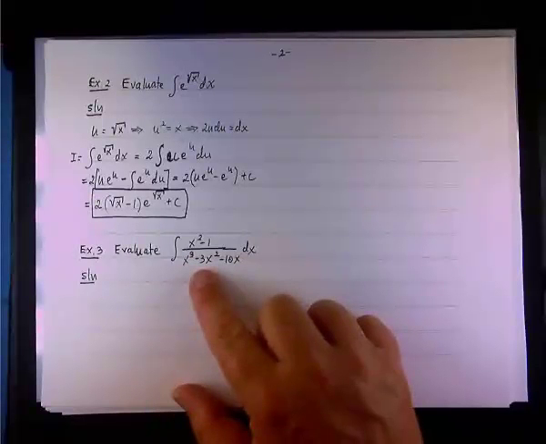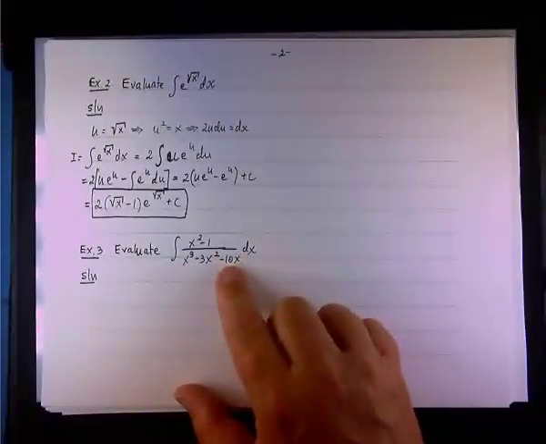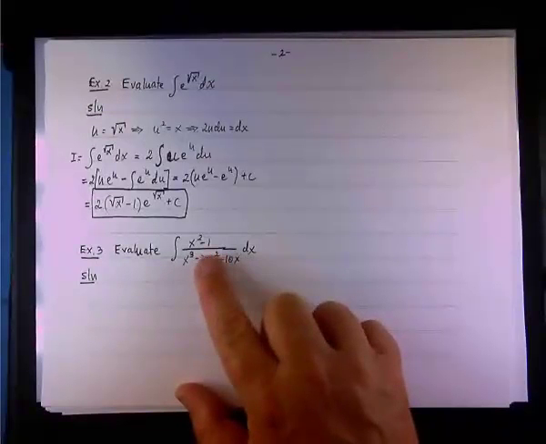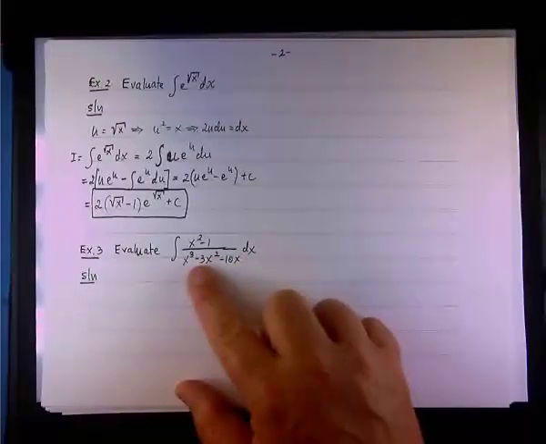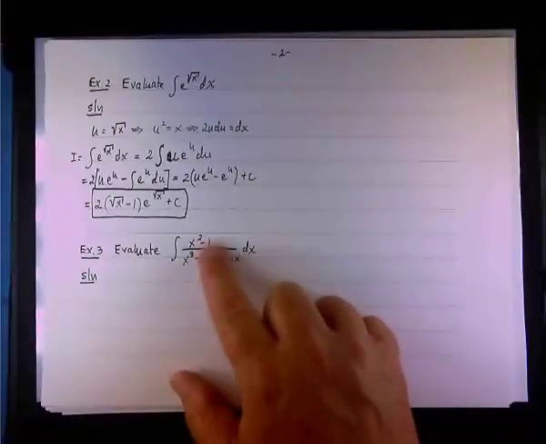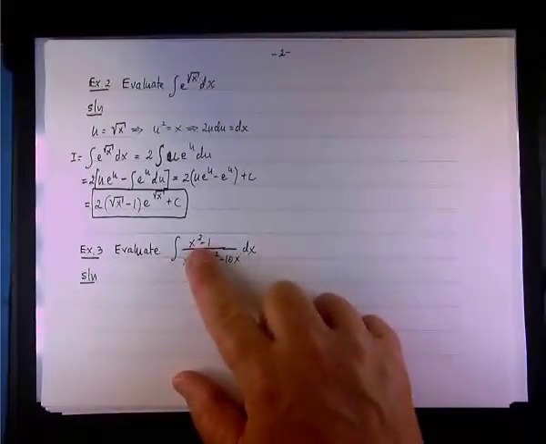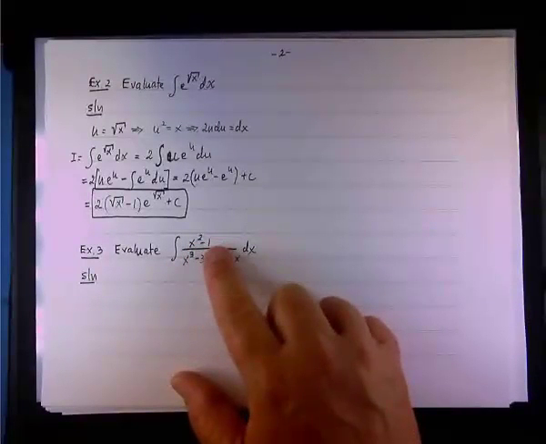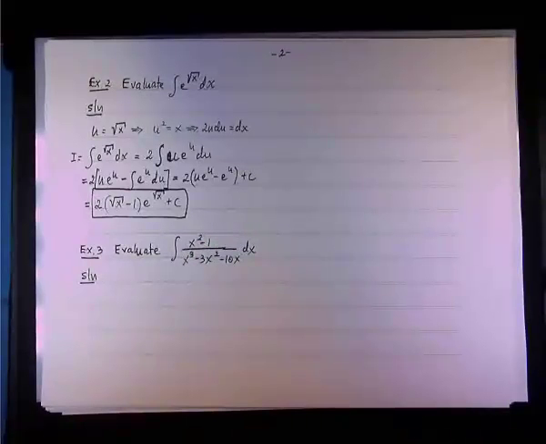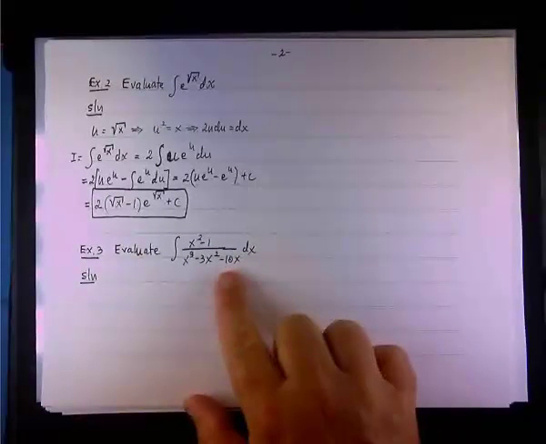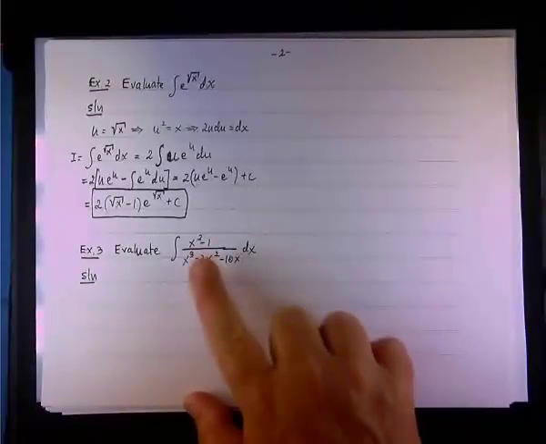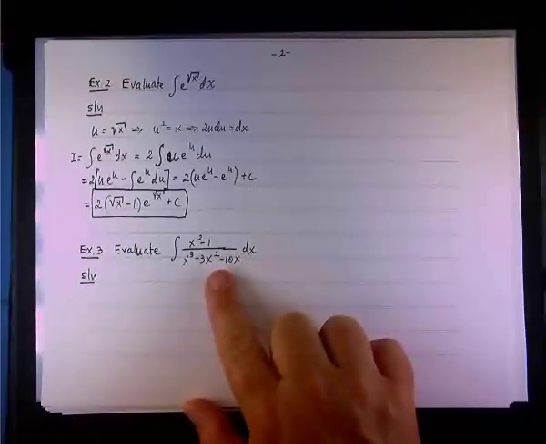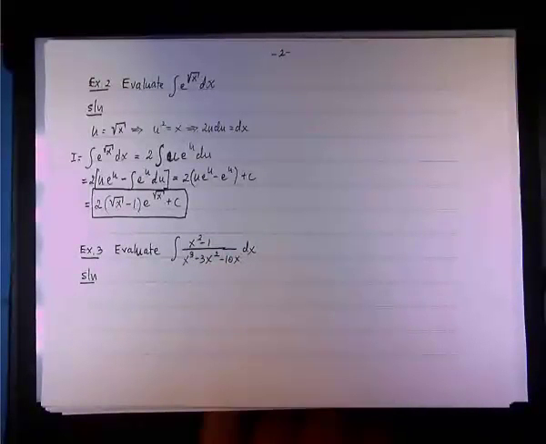derivative of the denominator, it's not. If you take the derivative of the denominator, you have 3x squared minus 6x. And if you multiply here by 3, you have 3x squared minus 3. So we are missing a little bit. We probably could have dealt with the negative 10 at the end, but